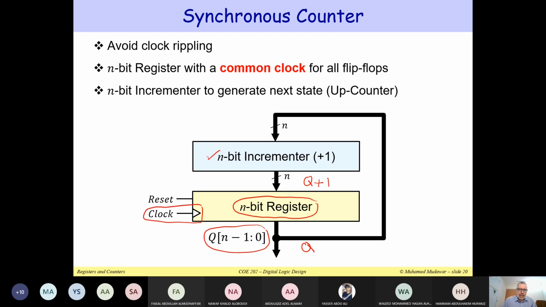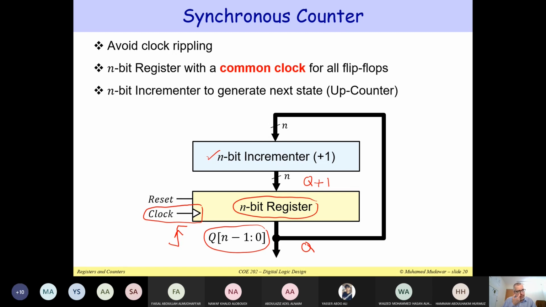Basically, at the next rising edge of the clock, if we're using a positive edge-triggered flip-flop, we change Q to become Q plus 1, and we start counting up. This is how we can implement synchronous counters. All we need is just an n-bit incrementer, which is just a combinational circuit